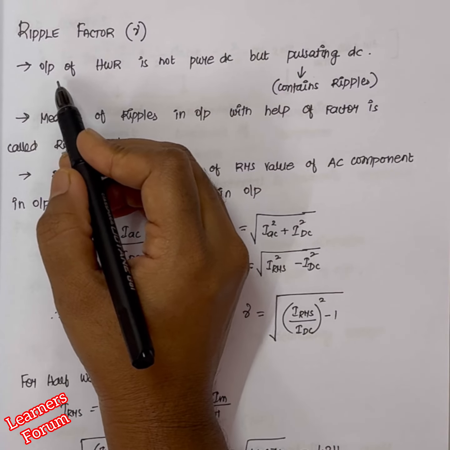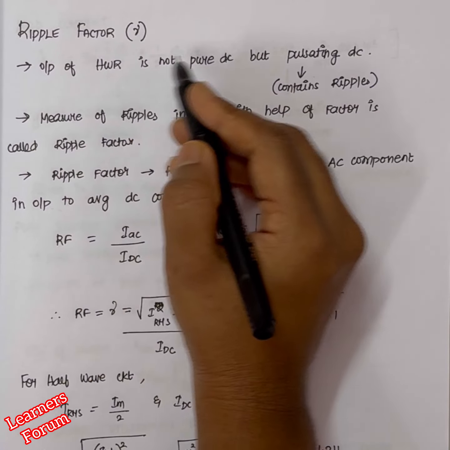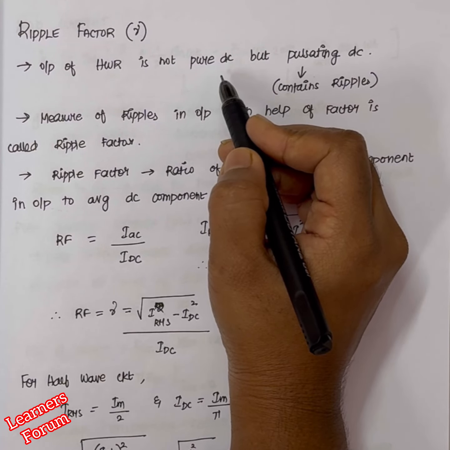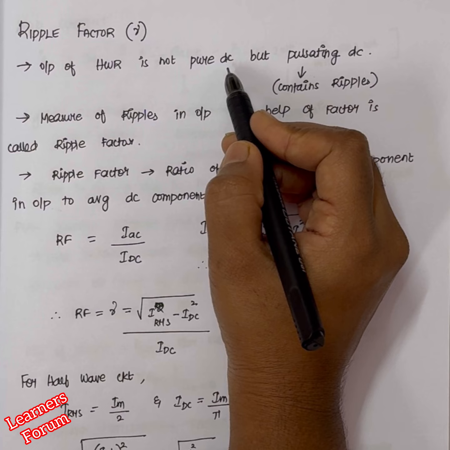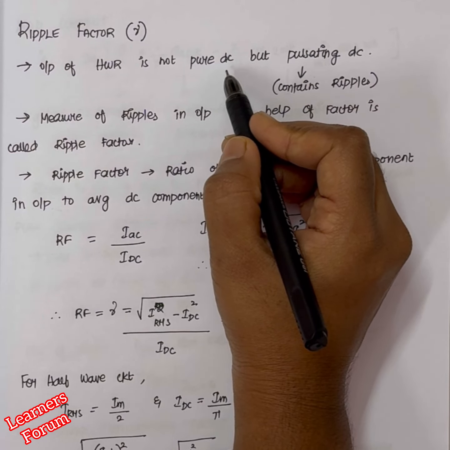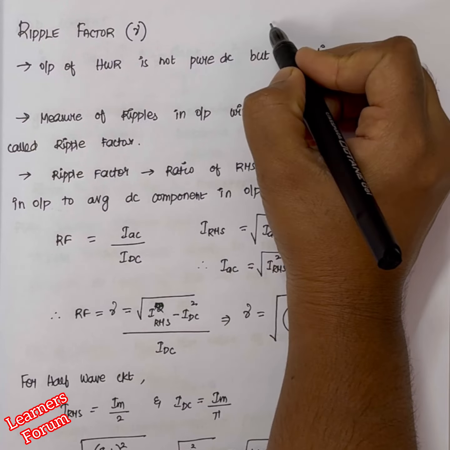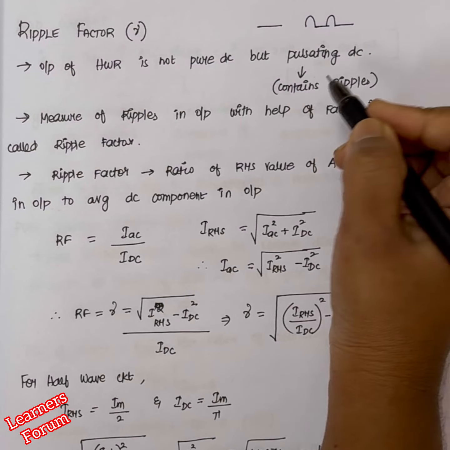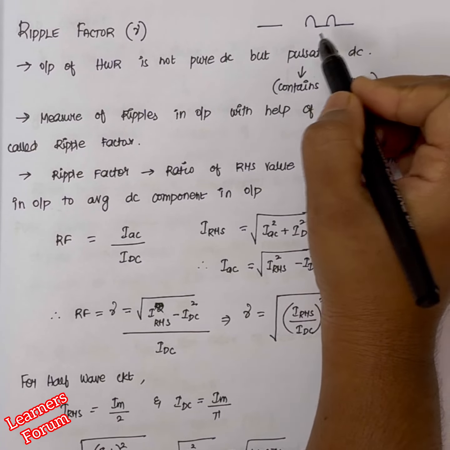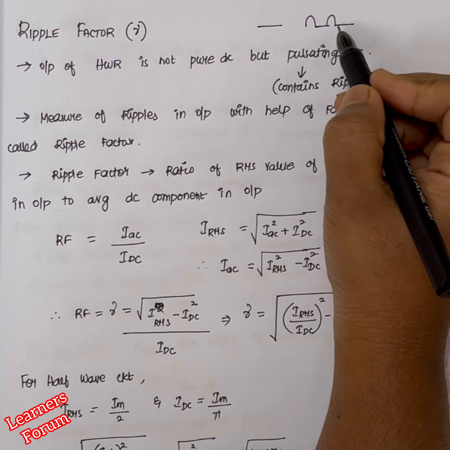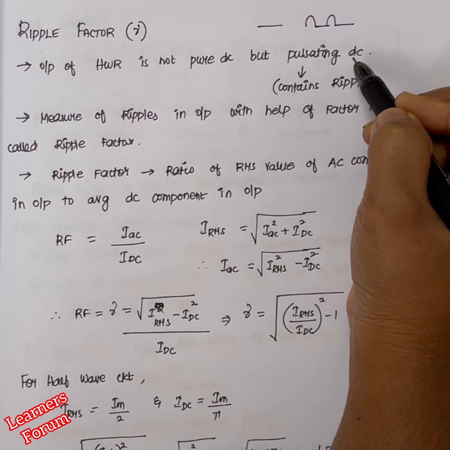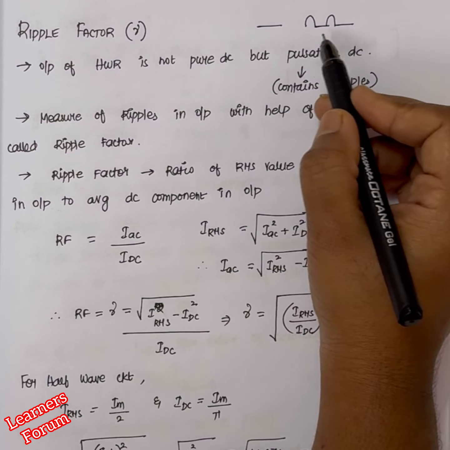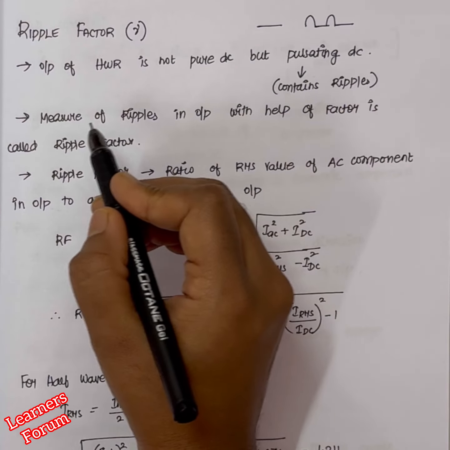In general, the output of a half-wave rectifier is not actually a purely DC value. As we have seen in the circuit operation itself, we would have got the output as a pulsating DC. That is, instead of a straight line, we would have got it in this manner, which means we will have a pulse in between, that is, a discontinuous signal. This pulsating DC contains ripples, so that is why we are getting the waveform in this manner. So these ripples